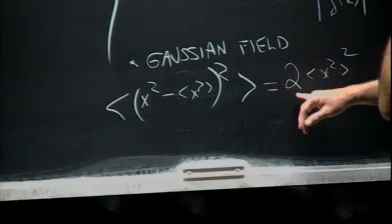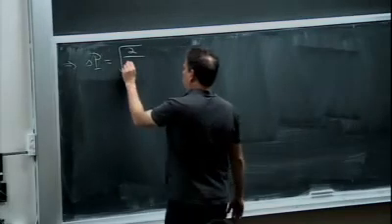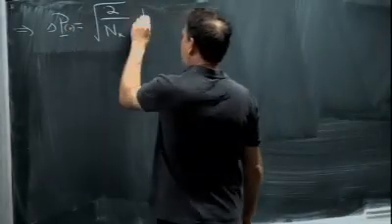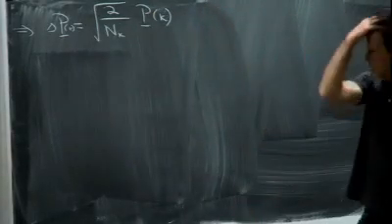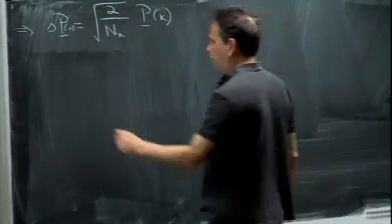Is there a square? I think that's right. Okay, so what that corresponds to is that your error on the power spectrum is going to be equal to the square root of 2. And then, of course, the more modes you have, the better you do. So the number of modes you have in a given k region times the power spectrum. So this is for a Gaussian field. This is a simple formula, and the number of modes you have